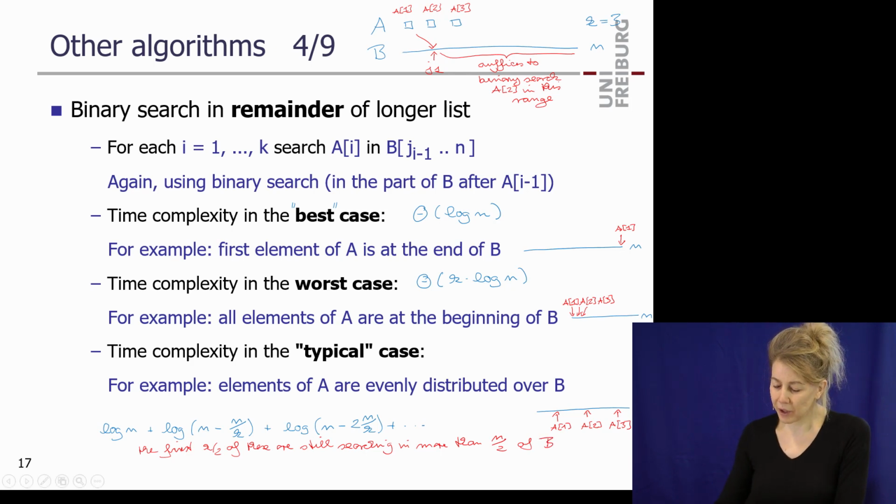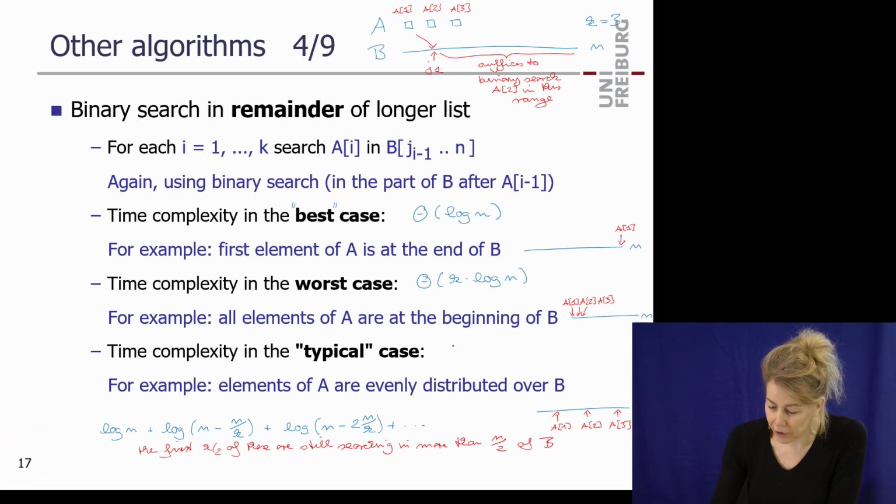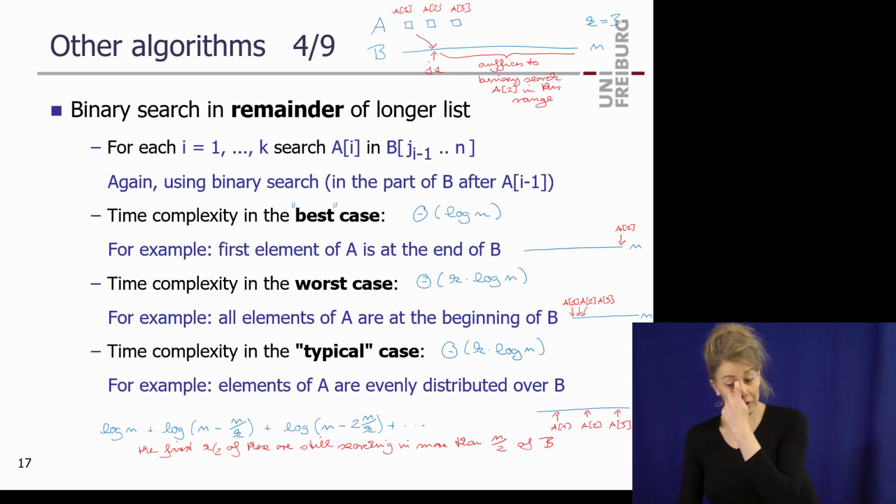So yes, it becomes smaller and smaller, but for the first half you still search in half, so it's k over 2 times log n over 2. It's still k times log n. So asymptotically, it's actually not better. And that's quite typical. If you have something with log, it doesn't really help if it becomes smaller, but not rapidly smaller. So even in the typical case,